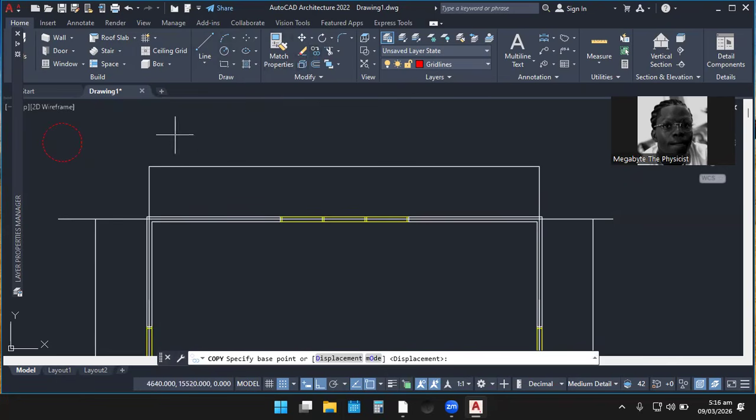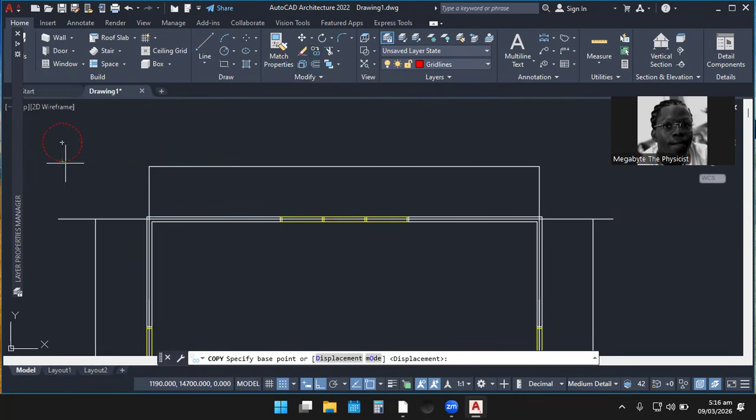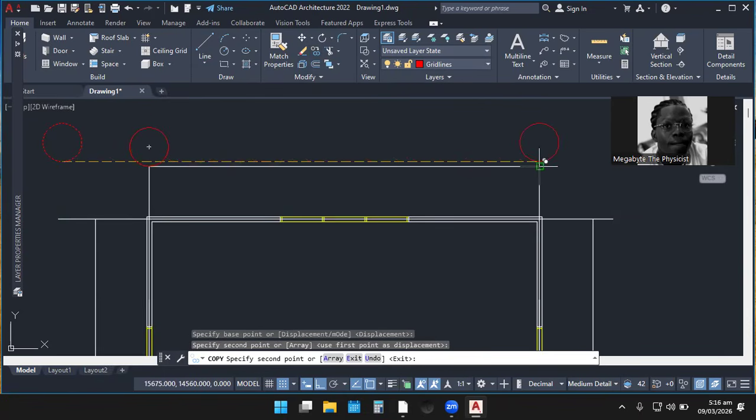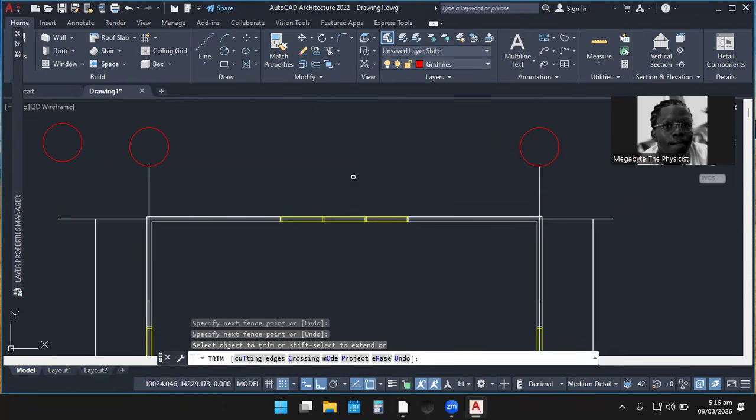Then you select a base point, then it's a matter of copy and paste. If you don't like it that way too, you can use a different method. In the copy, you select a base point, then it is also easy that way. When you see endpoint, you release the mouse. You see, so I can trim these unnecessary parts I don't like. So you see that because the trim is on, that is why it is affecting this.